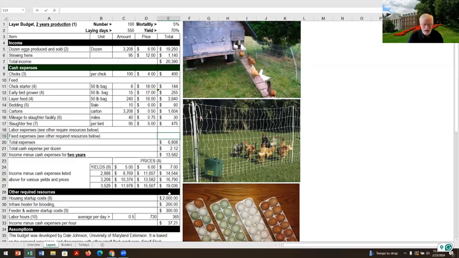So 20% times 2,500 is $500. All right, so I could put that in here real easy. And I'll just leave that in for now. I've got my fixed expenses built in there. And again, the way I did that, I thought, okay, this stuff will all last about 10 years. And this is a 2-year budget. I remembered that just as I was doing the calculation for you. So I'm going to take 20% of that 10 years for my first 2 years. 20% of $2,500 is $500.